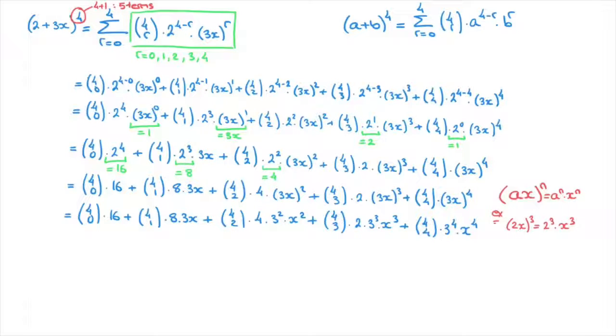Now, to simplify this further, we still need to calculate these powers of 3 that we have here. We have 3 squared, 3 cubed, and 3 to the power of 4. Now, each of those equals the following. We have 3 squared, which equals 9, 3 cubed, which equals 27, and 3 to the power of 4, which equals 81. Using those results, this sum now turns into